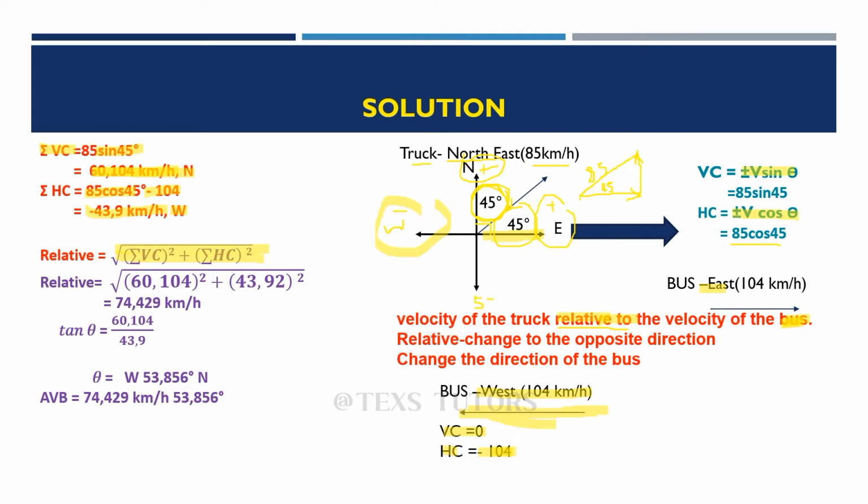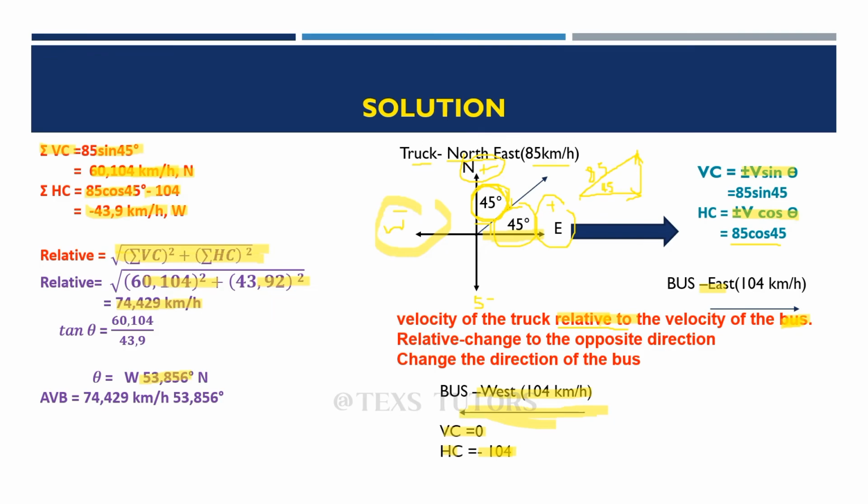Now that I've calculated the sum of the vertical and the sum of the horizontal, I can calculate the magnitude of the relative velocity, and it's going to be the square root of 60.104 squared plus 43.92 squared, and I get the relative velocity as 74.429 kilometers per hour. When I want to find the direction, I use the formula tan theta equals the sum of the vertical over the sum of the horizontal. So it's going to be 60.104 divided by 43.9, and my angle is going to be